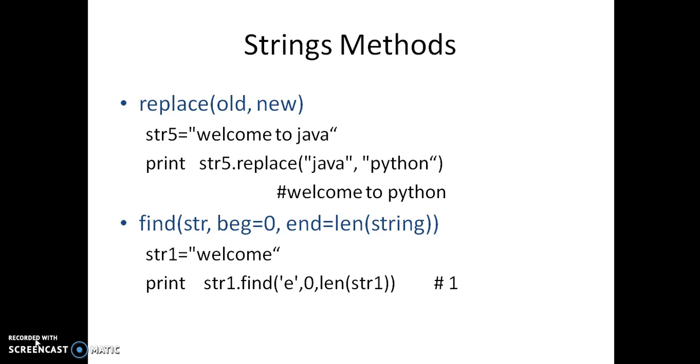str1 is our string, "welcome". Now we want to find the letter e in the word welcome. It gives the index of the first occurrence of the letter. str1.find("e"), within the double quotes, e is the required letter to be found. The starting index is 0 and the ending index is the length of str1. The letter e appears 2 times in the word welcome: one at index 1, and another at the end of the string. So it finds the first occurrence of e, at index 1, and gives the output as 1.